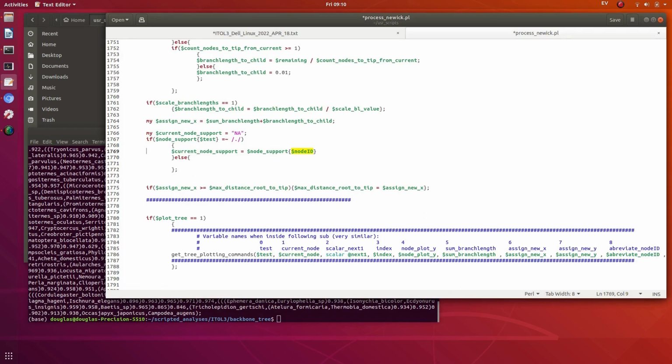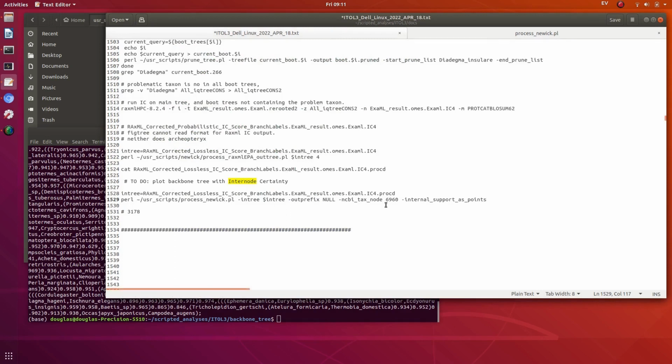So put an if: if it finds node support for this node ID, then it will go into this. If not, let's just print a warning so I can see. We'll quit at this point so we won't miss it. Okay, let's start on